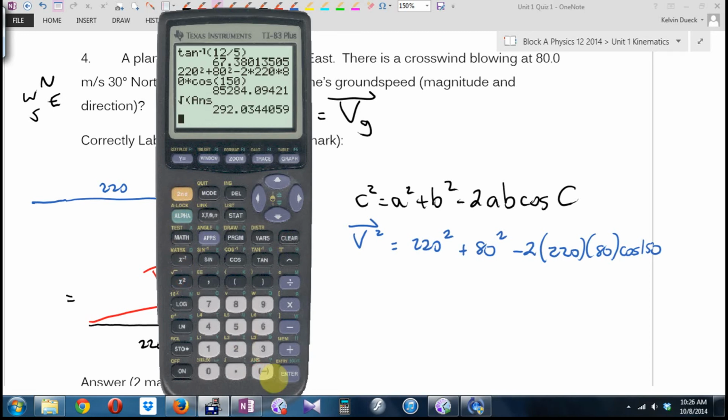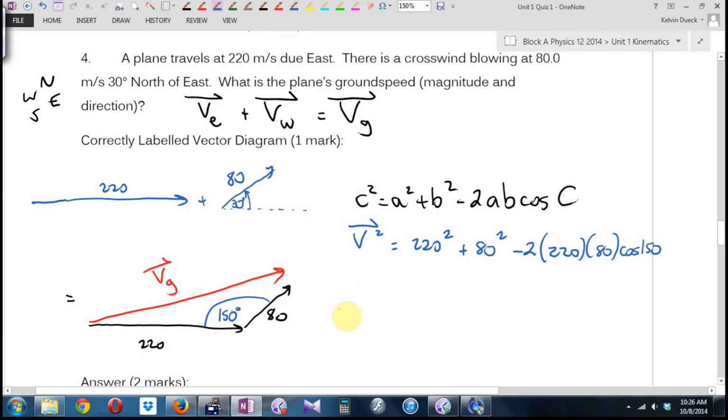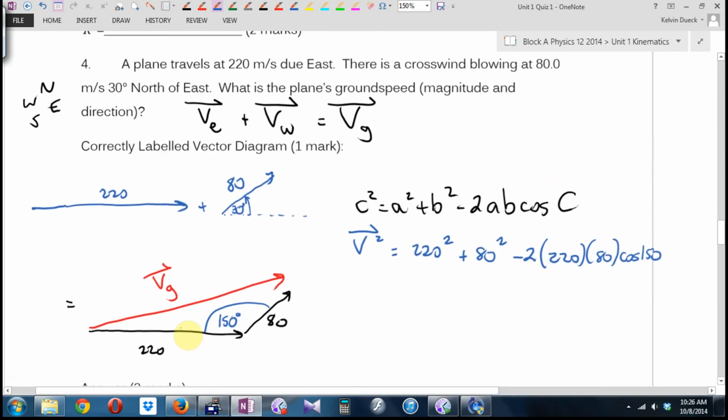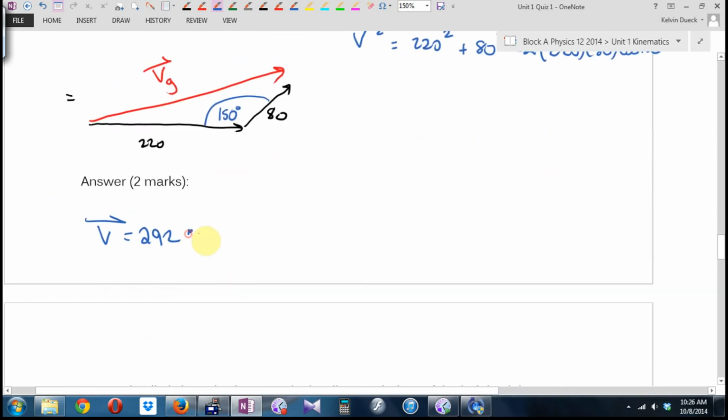And I get the magnitude is 292. So the answer is 292 units, meters per second, at